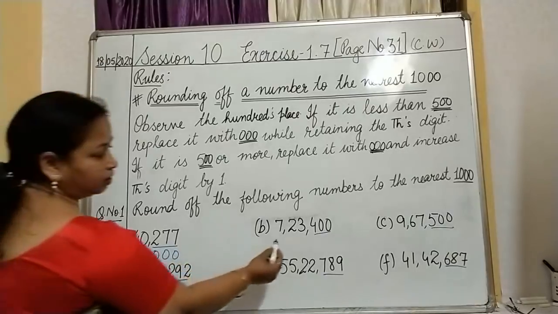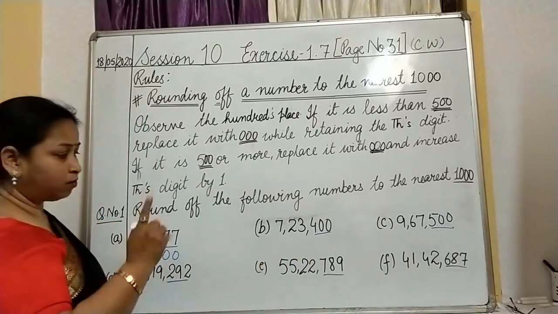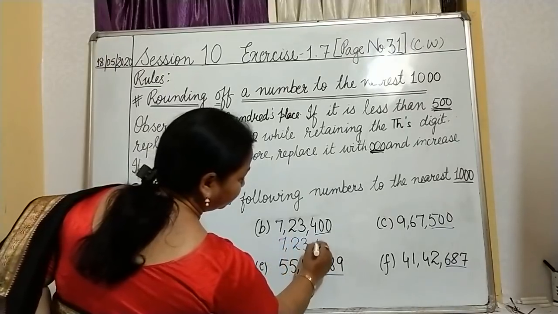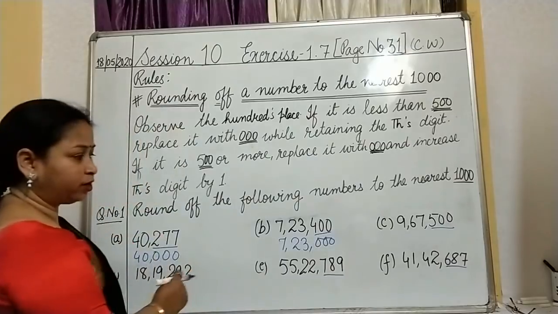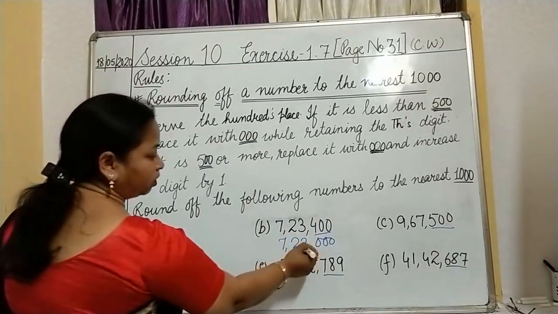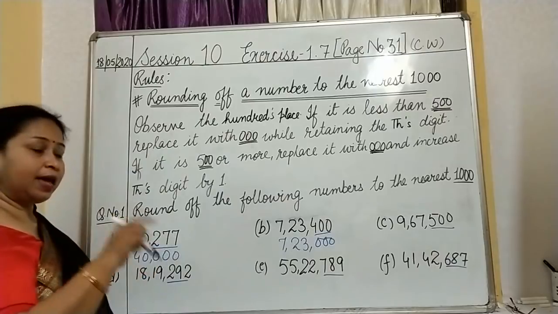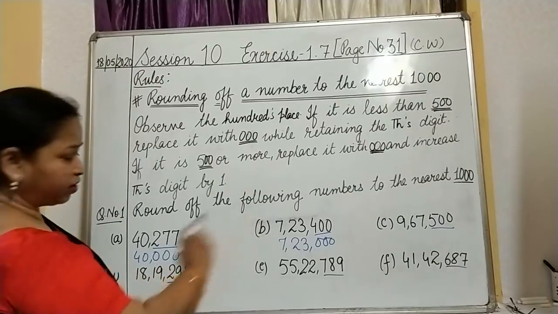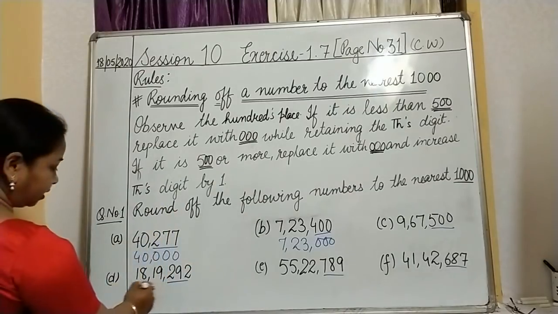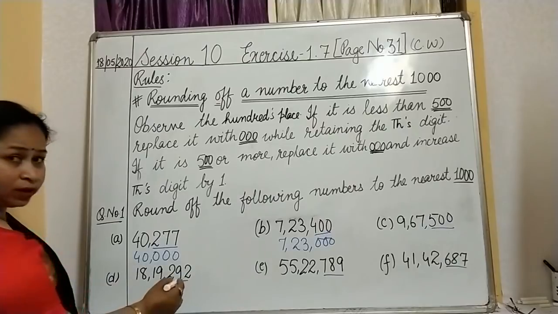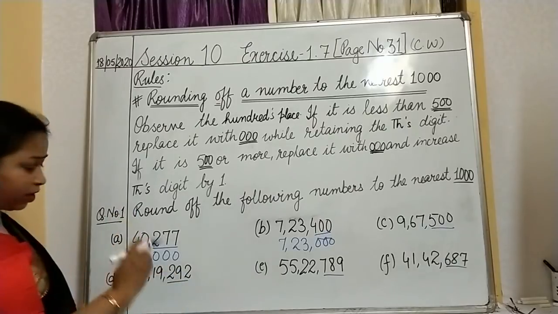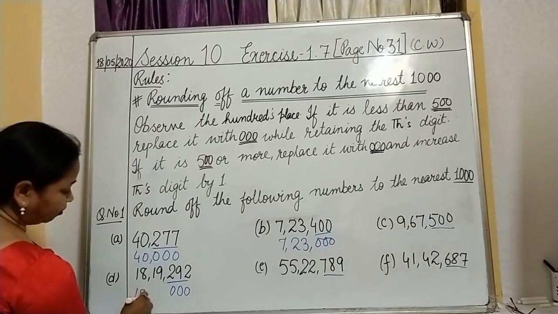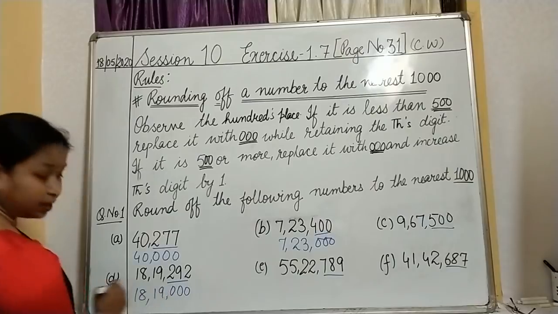Then this one, this is again less than 500. So the answer will be 000 over here. 400 will be replaced by 000, whereas the 1000 digit will be retained as it is. That means it will remain the same. It will not change at all. There 500 is there, we will wait for now. Then question number D, 292. Once again we see that it is less than 500. So what will we do? We will have 000 over here, and the leftover digits will be the same without any change.